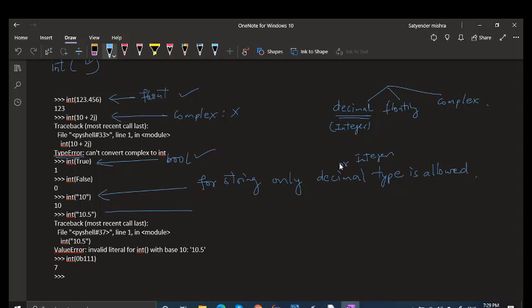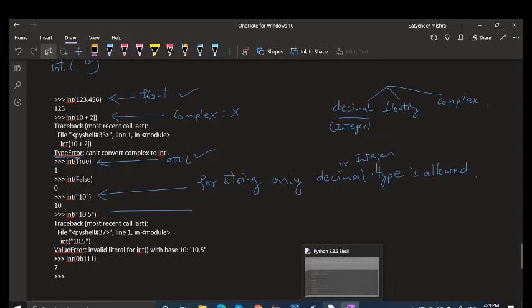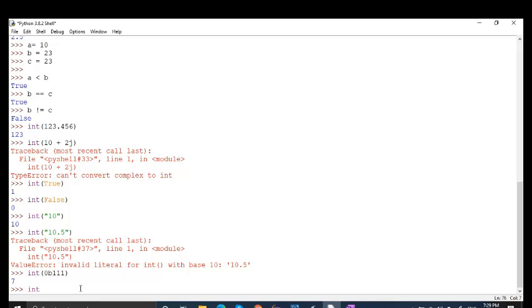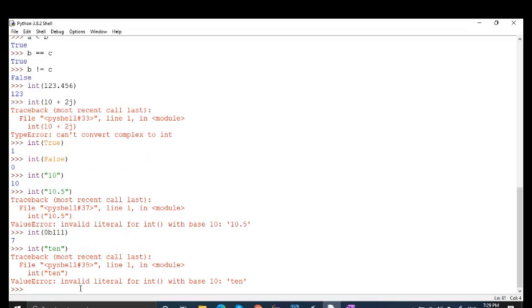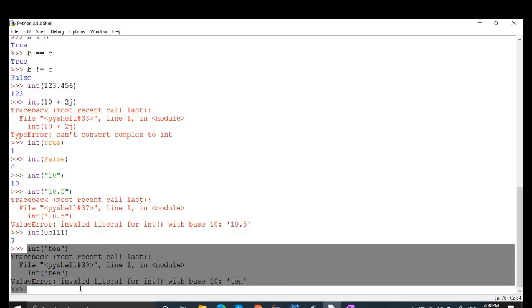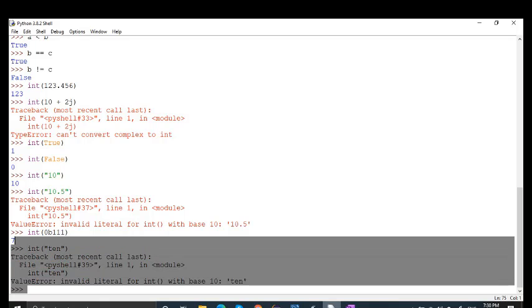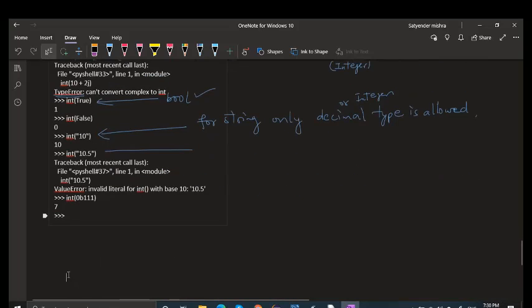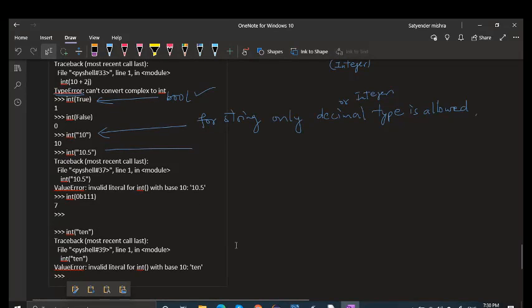Say for example, if you write here, you say that sir, 10 is working, right? Then if you write here integer ten, let me see whether this works or not. Now it is generating another error. Value error, invalid literal for integer function with base 10. So it is showing you that it is only working with the base 10 values, right? So this will also not work. So you take this thing in your notes also.